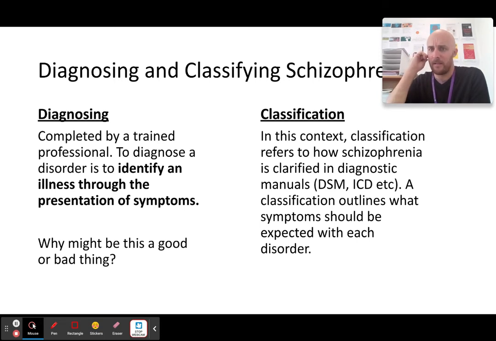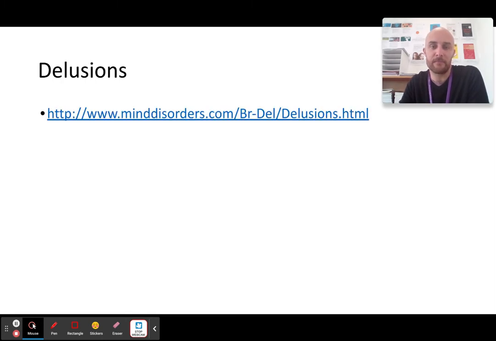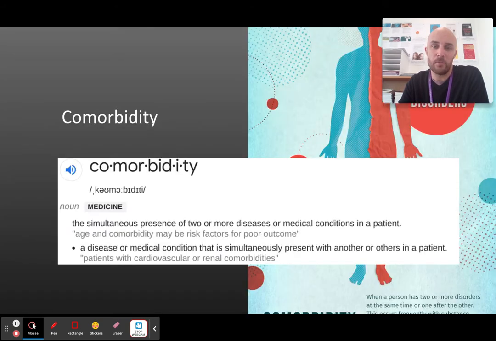So as you can see, this is a hard bullet point. These slides are not the smoothest to the bullet point because the bullet point is quite a toughie, but all the information that you would need is here. There's a brief reminder on what delusions are. I would recommend having a look at that because you do need to know a couple of good examples.